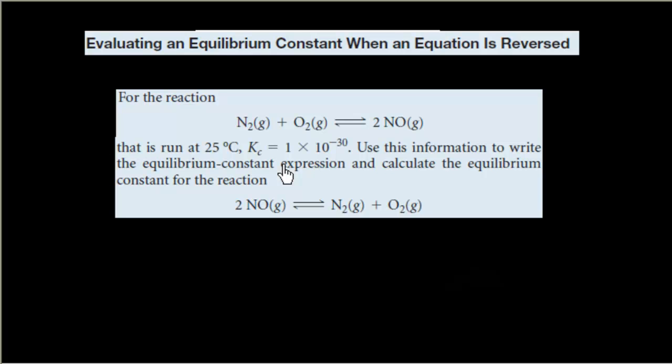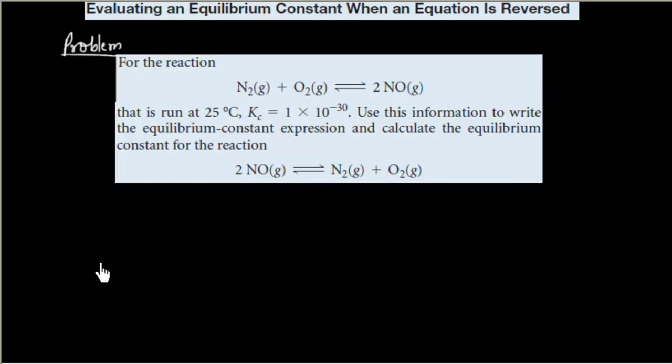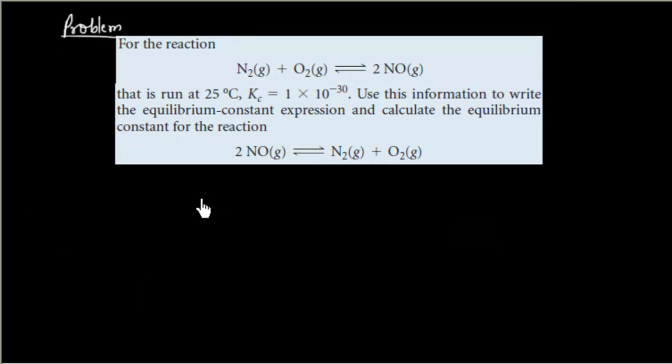Now this problem illustrates how we can find the equilibrium constant for a reverse reaction if the equilibrium constant for the forward reaction is given. So let us read this problem and then we will discuss. So you have been given the equilibrium constant for this reaction, that is N2 plus O2, and this gives you 2NO,